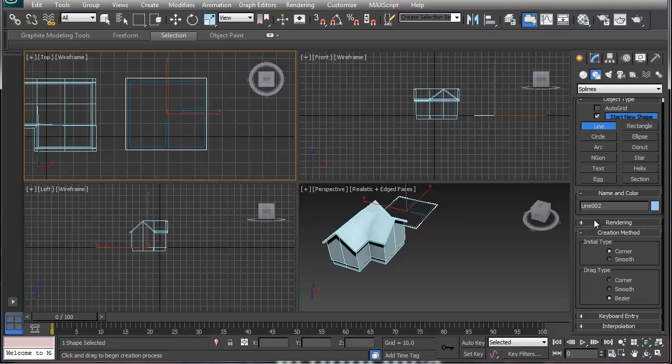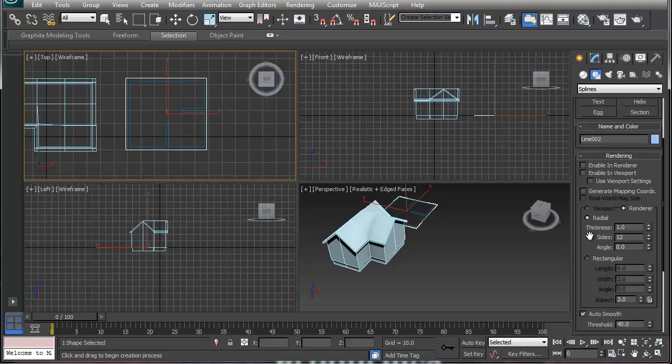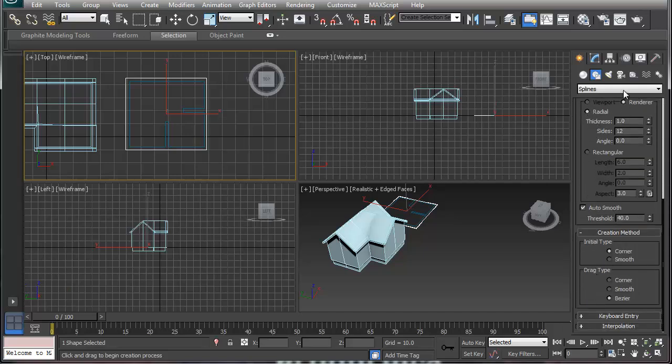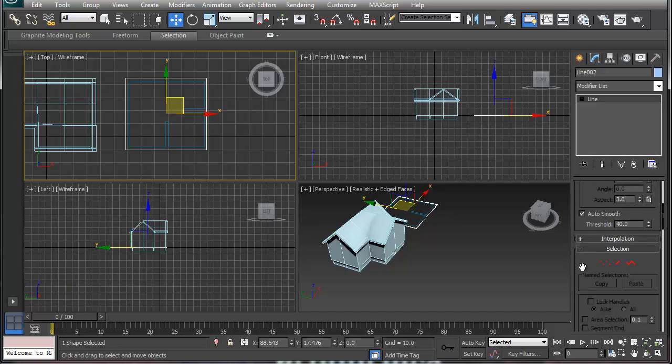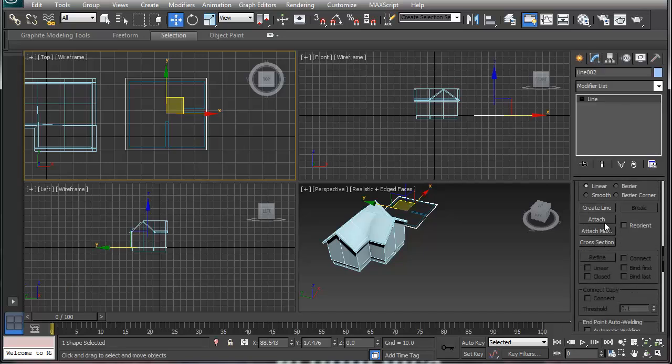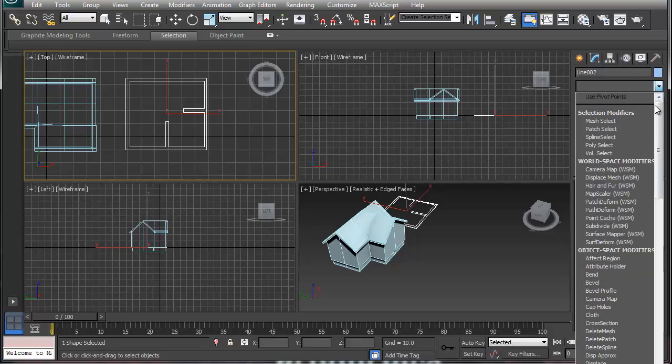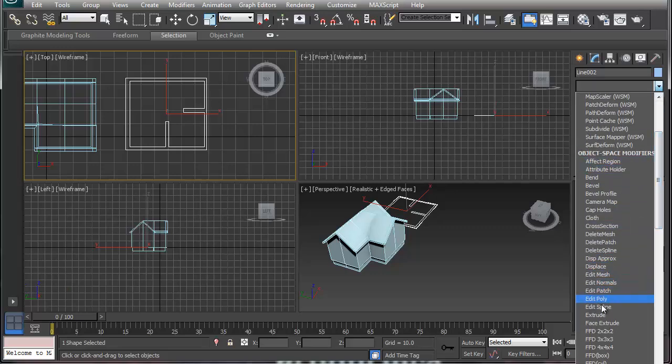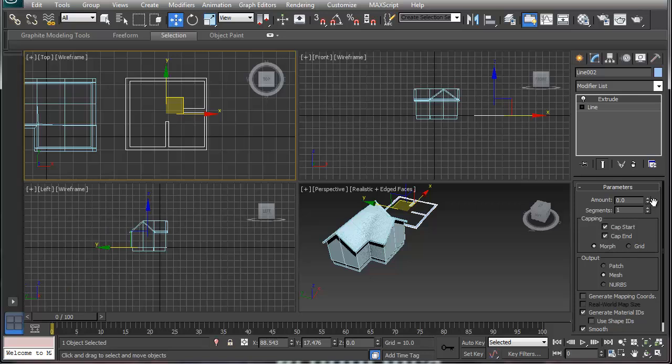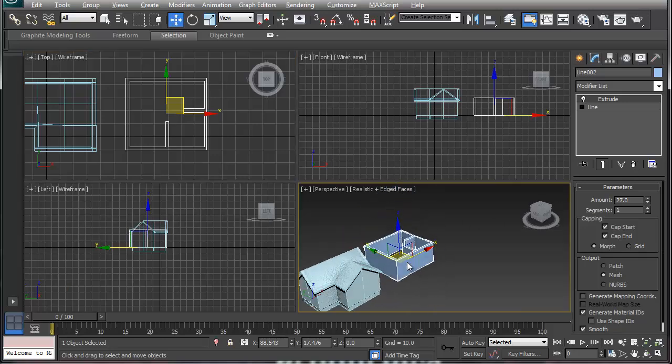And then basically what you're doing is, let's see here, where are we at? So we're going to go here. And then what we can do is attach one to the other like so. Simply go into here and add an extrude, and then we can extrude this upward like so,